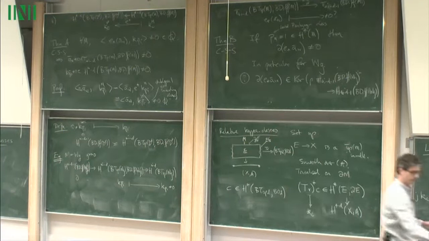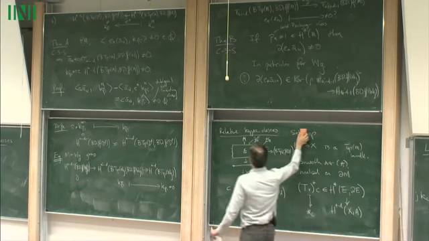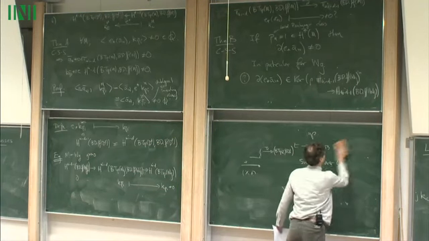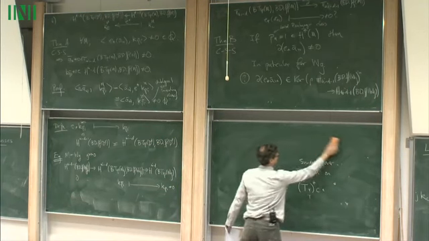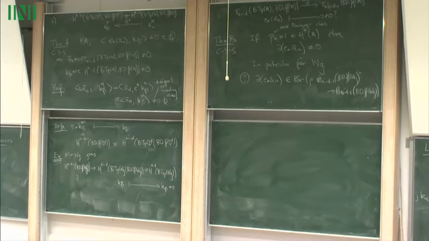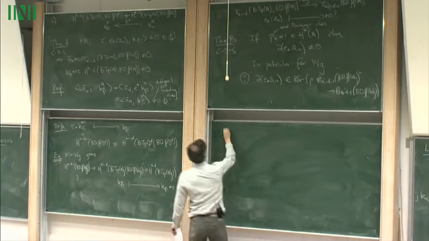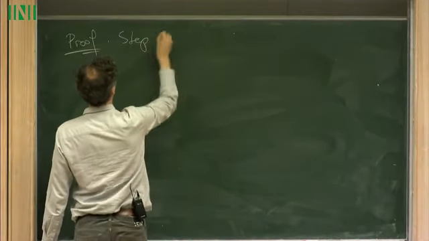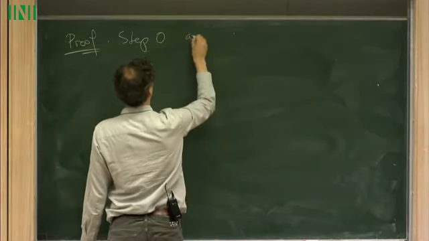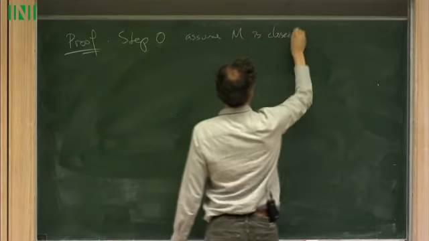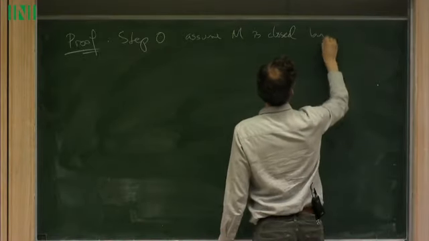So the proof of this statement is a nice diagram chase. So I can give the proof, or at least an outline of the proof. So step 0, assume M is closed by doubling